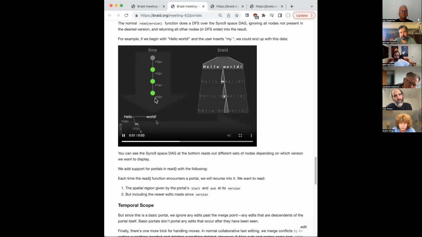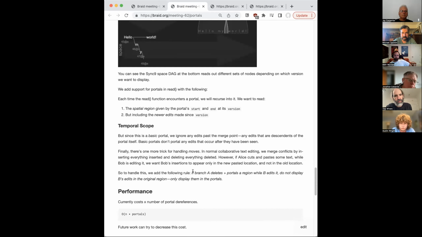We haven't implemented this yet, but I think there's a simple rule to follow: if branch A deletes and portals a region while B edits it, then you do not display B's edits in the original region. That's a place where you also scope back time, and we would hide the "my."